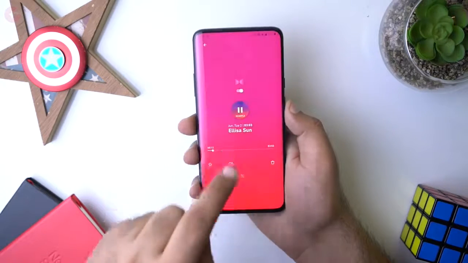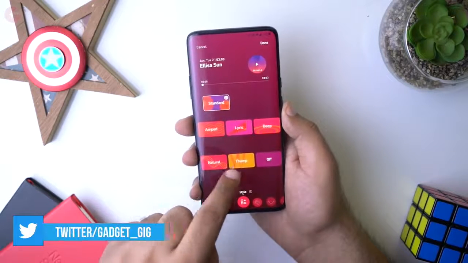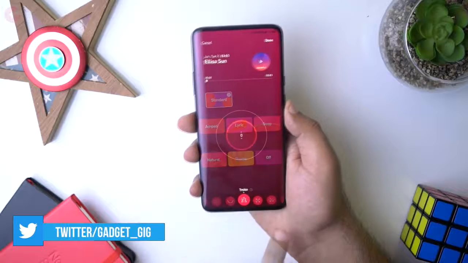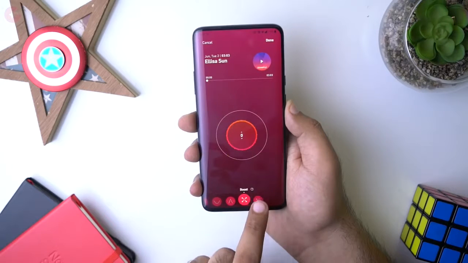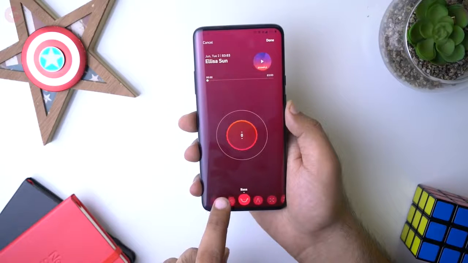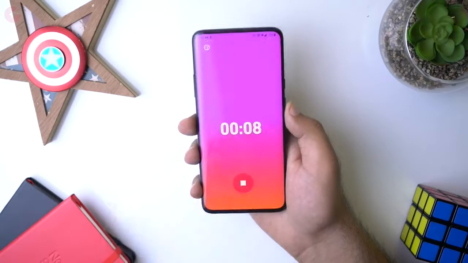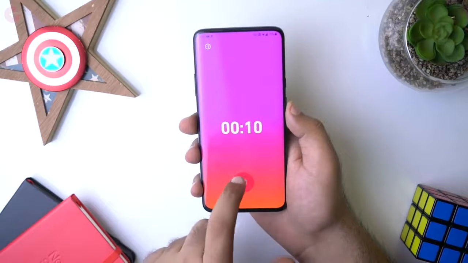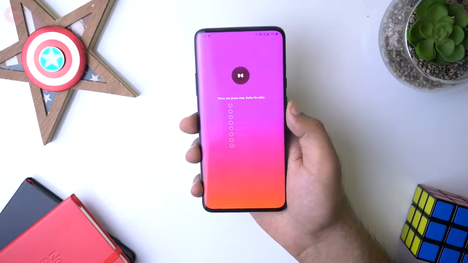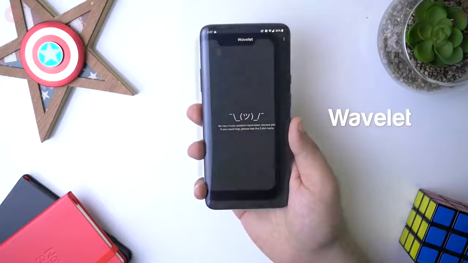Talking more about this app, the app helps you to remove background noise and you can also choose different presets according to your requirement. I have tested this app for a few days and yes, the recording quality is definitely very good and it does help you to remove background noise and do various enhancements to improve your recordings. So if you're looking for an app to record music, sound and voiceovers, then I highly recommend you to check out Dolby On.